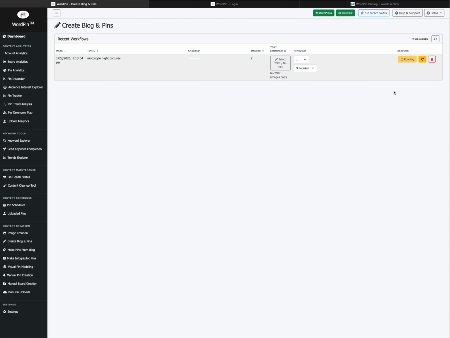And what it does, now it's running, so that's why you cannot see it. And when it's created, they will become green. So it creates the blog first, and then after the blog, it creates the pins. Now, what you will notice is that